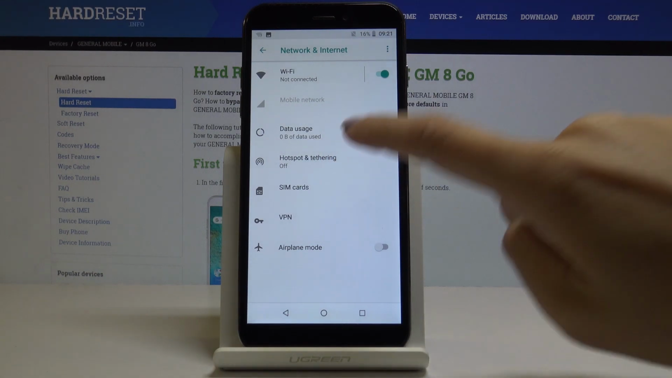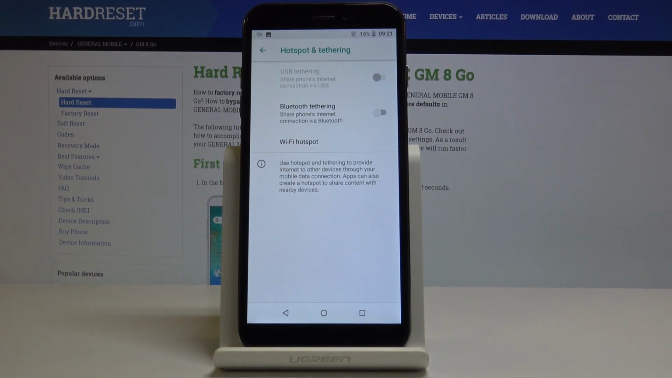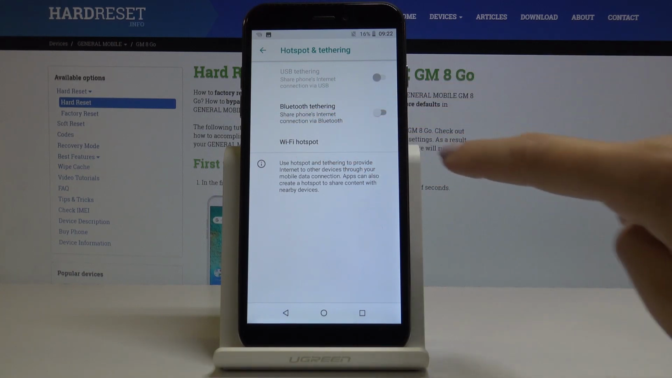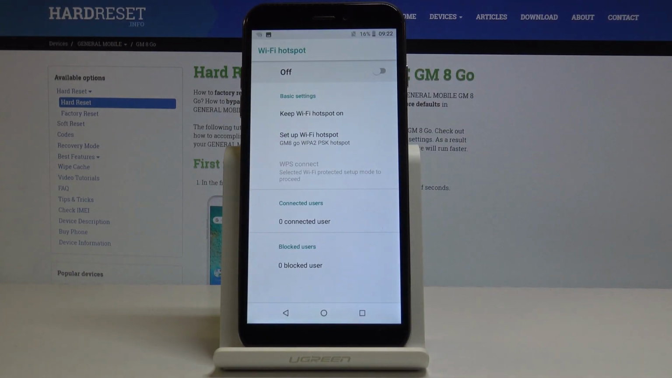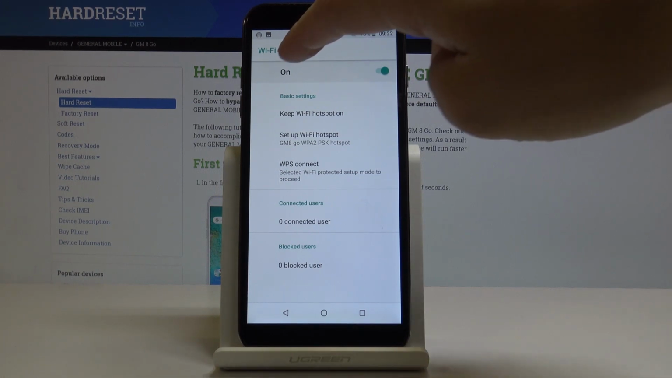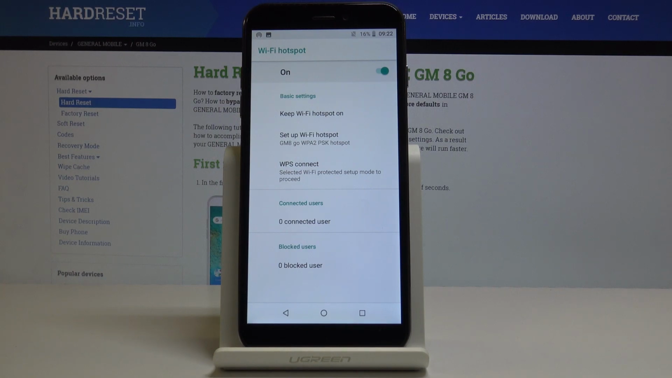and tethering. And now if you want to activate the Wi-Fi hotspot, simply click on Wi-Fi hotspot, where you can switch on your portable hotspot. Wait a couple of seconds and that's it. Here you've got this sign, that means that your Wi-Fi hotspot is active, so you can share internet with other